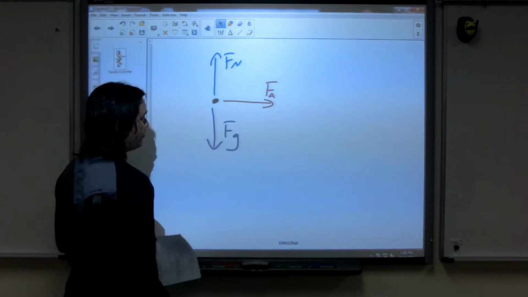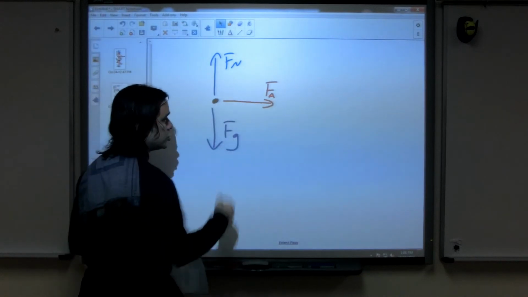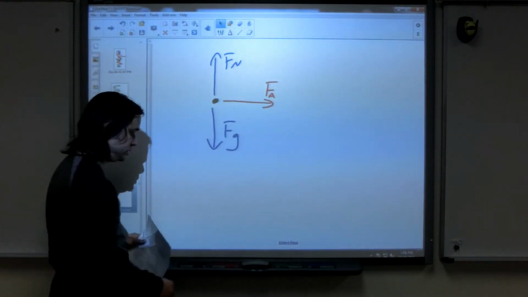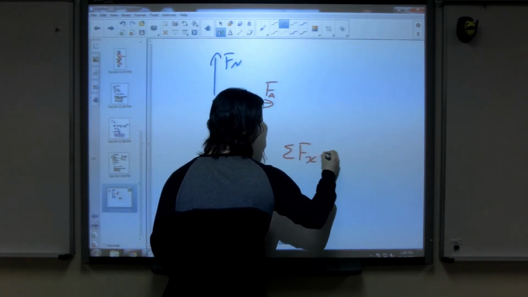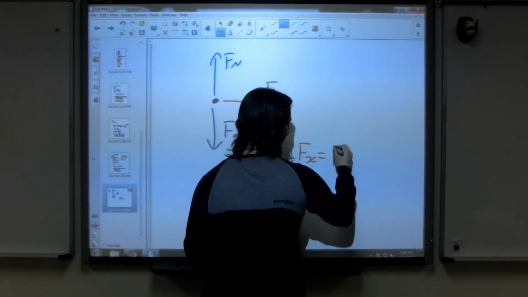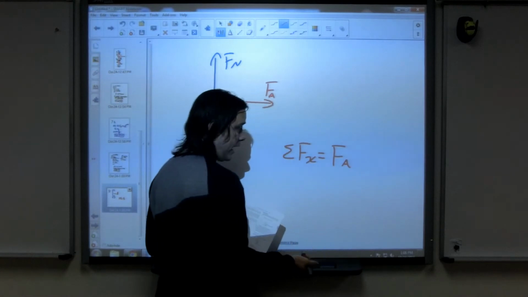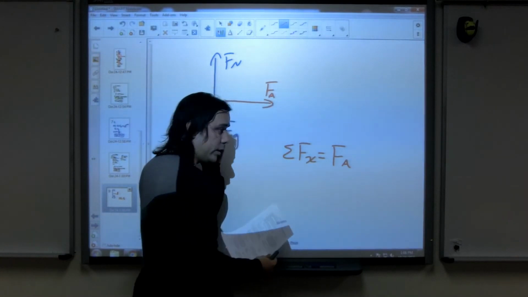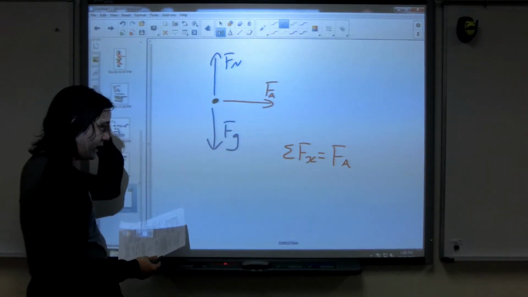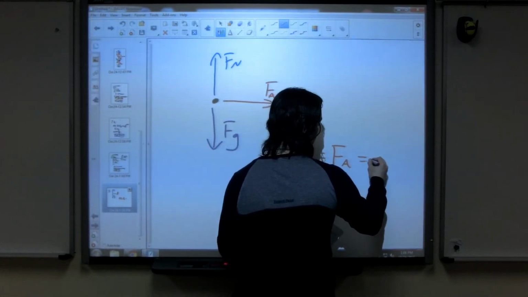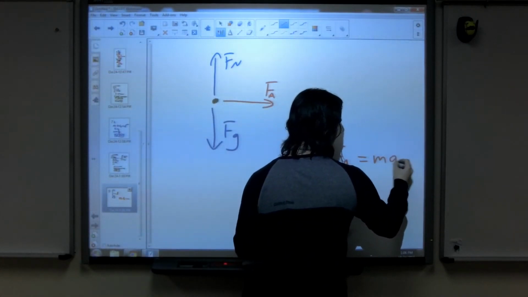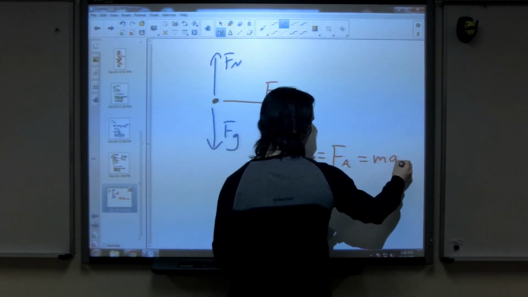This is actually the average force that we're looking for. It's pushing the car forward and getting it to speed up. When I do my sum of forces in the x direction, I end up with Fa. We're ignoring air resistance, and we're not hitting the brakes or skidding out, so we don't have any kinetic friction that we need to worry about. This is the only force acting on it, and so this will be equal to my mass times my acceleration